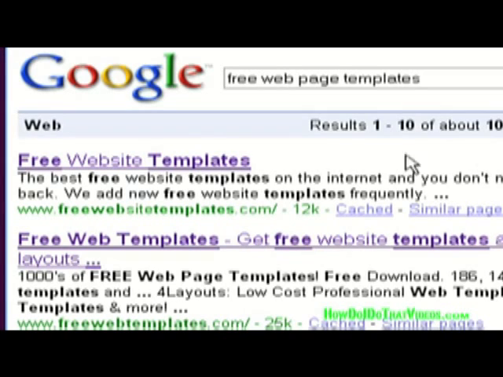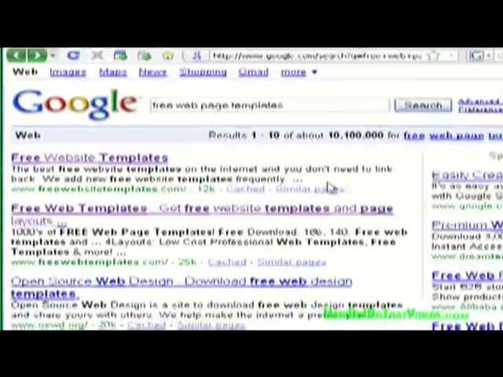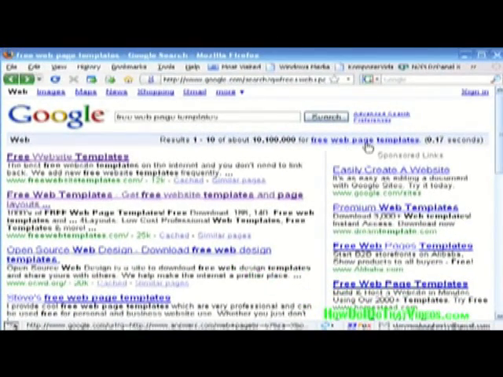Do you want a nav bar at the top, at the bottom, on the side? How many columns do you want? Do you want an image for a header? Do you want any header at all? Do you want it to be mostly content? So with that visual in your mind, then you can go ahead and start looking for web templates, and don't